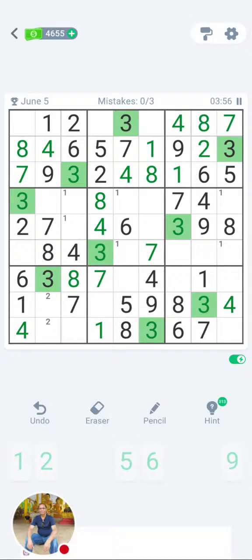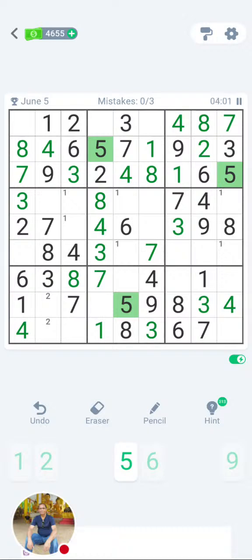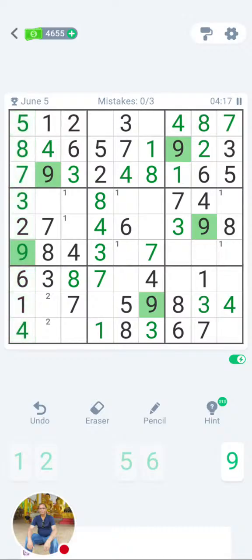And here there is only 1 square left. 1, 2, 3, 4, 5. 5 is missing in the first grid at the top, so 5 will go there. And if I look down, there is only 1 number missing. 1, 2, 3, 4, 5, 6, 7, 8, 9 is missing. So I have 5 and 9. So 9, 9, 9, and 9, and 9 is over.